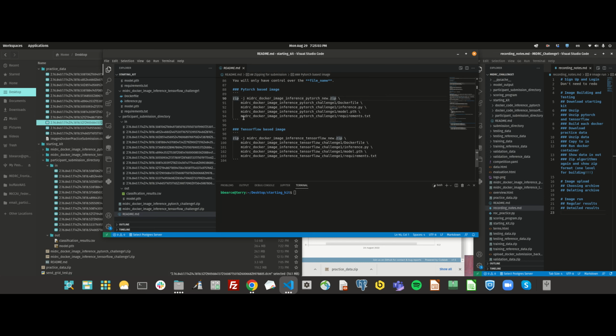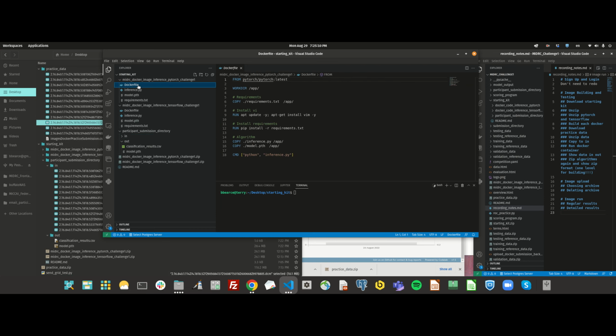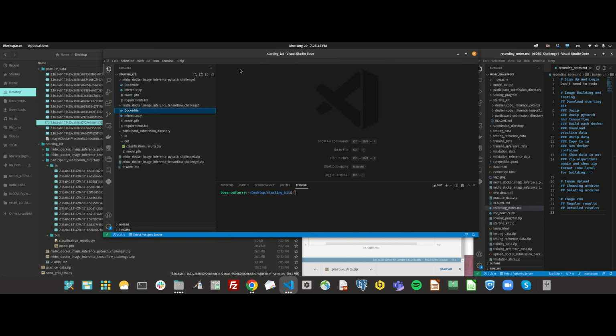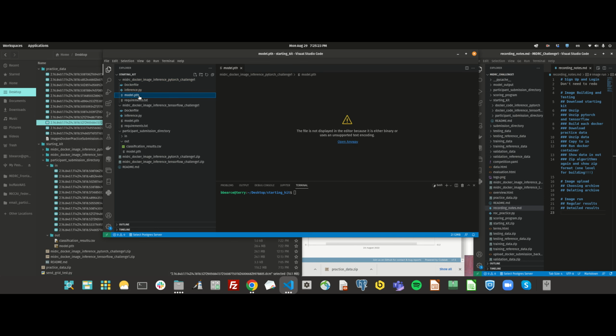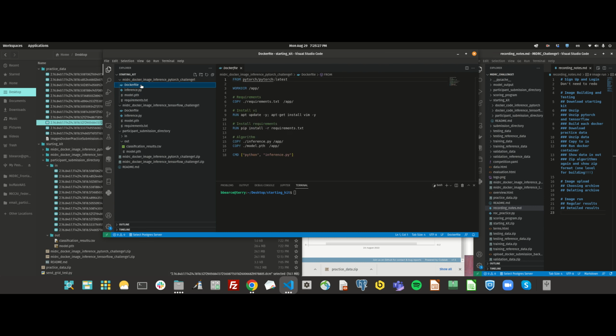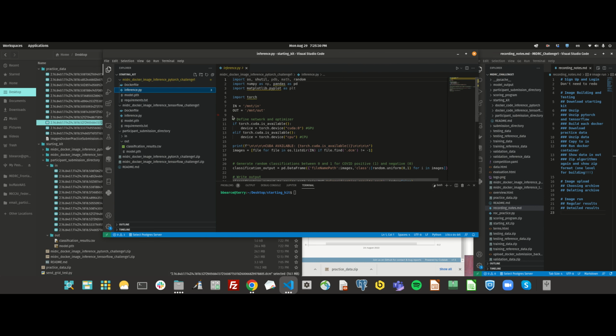Essentially what you need to do is for the PyTorch or the TensorFlow implementation, you can zip up your Dockerfile, which should go ahead and construct everything about your Docker image necessary. And these are the same for PyTorch and TensorFlow. And any code you need, so here inference.py, your model, and any requirements you may need to install when your Docker image is built. Just to give you a small summary of what this file does, like we discussed, in